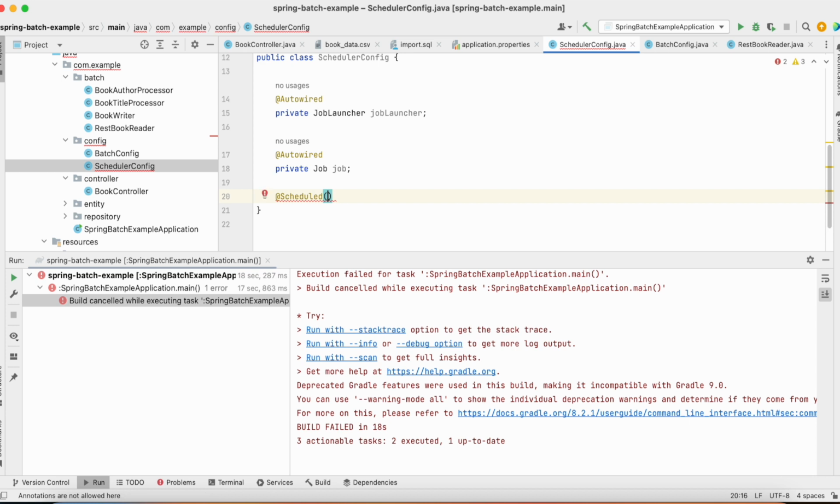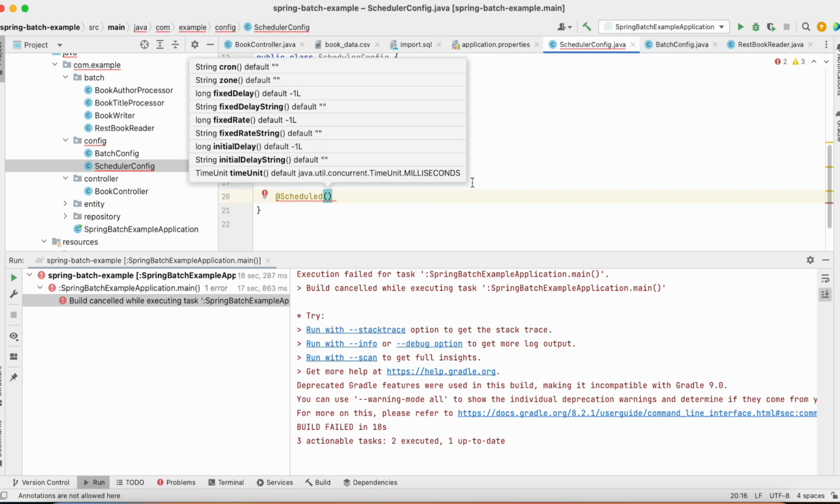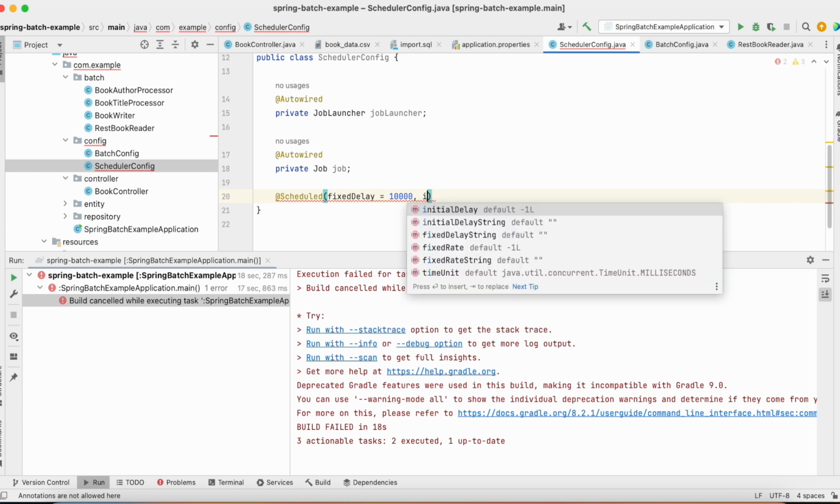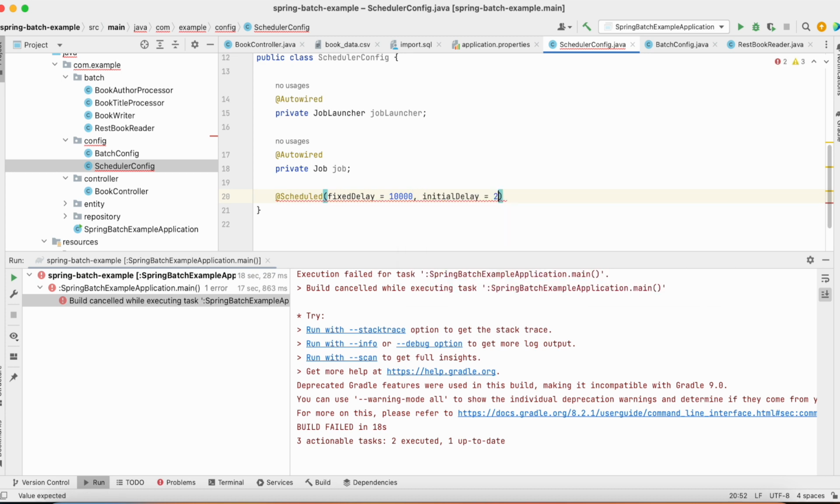And you can set up your scheduler any way you want. We have a very old, but still relevant video on our channel regarding the Spring scheduler. You can check on the internet, or you can check our video on how to configure a scheduler. But I'll just show you a fixed delay scheduler. Let's say we want to set 10,000 milliseconds, and let's say an initial delay of 2000 milliseconds, which means 2 seconds. Okay,